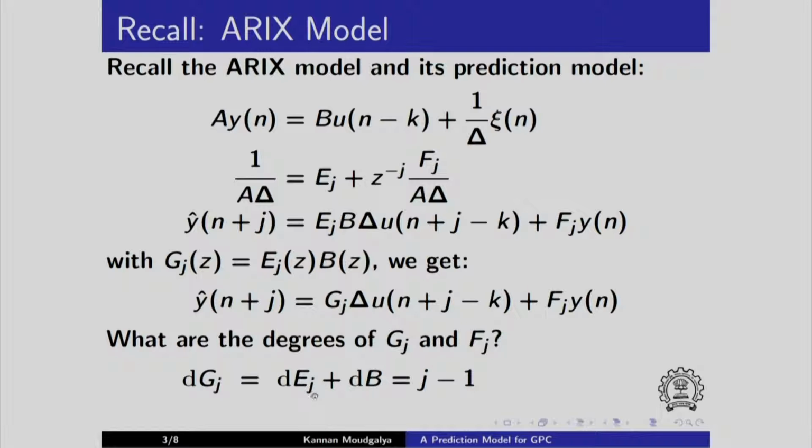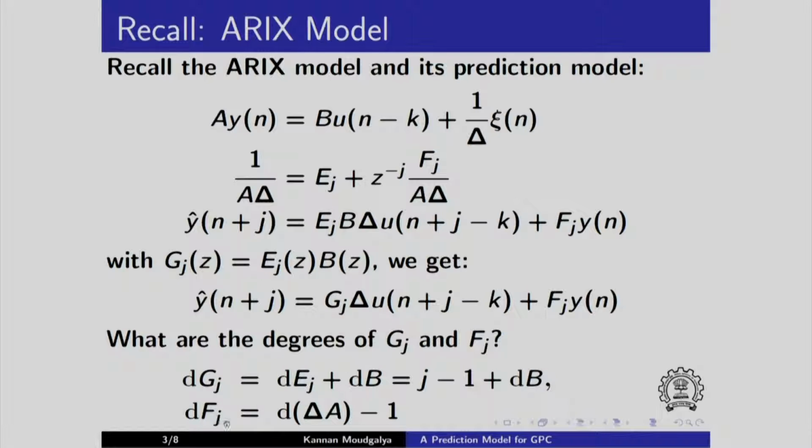First we will add the degree of EJ, and that is going to be J minus 1. Recall that's how we got this. We divided until J minus 1 and all other terms had Z power minus J or higher degrees. So we got this plus degree of B,